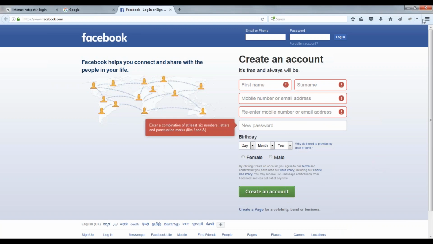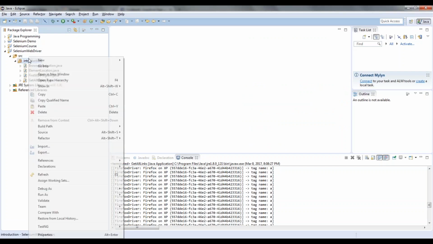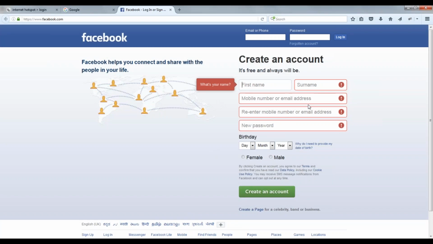Shashi, you can also unmute. I will write the code. You just explain what all things I have to write, and I will write as per your explanation, so that we will get a clear idea of whether we have understood the concepts or not. Is it okay, Pradeep? If you want, I can explain.